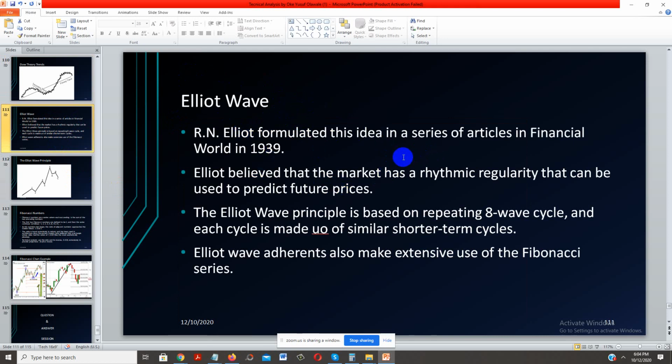Elliott wave is an idea from a series of articles published by R.N. Elliott in Financial World in 1939. Elliott believed that the market has a rhythmic regularity that can be used to predict future prices. The Elliott wave principle is based on a repeating 8 waves cycle, and each cycle is made